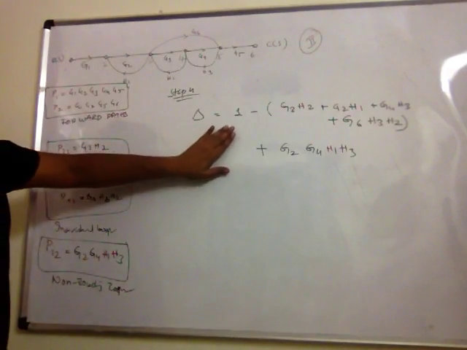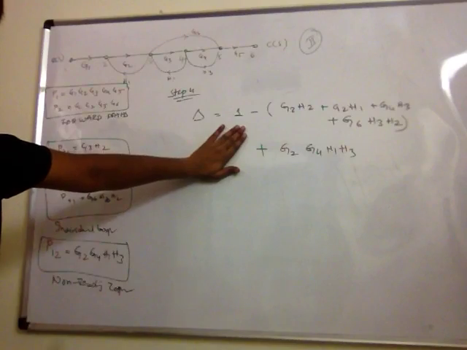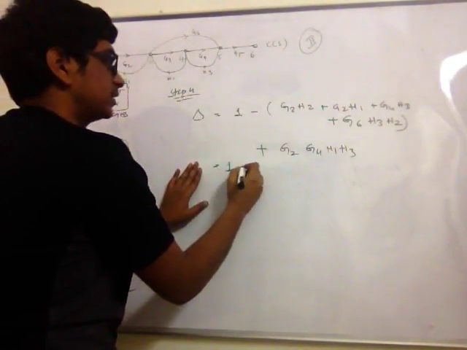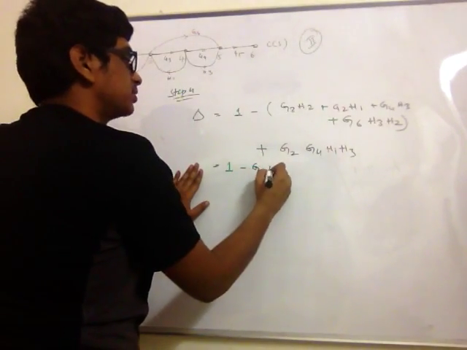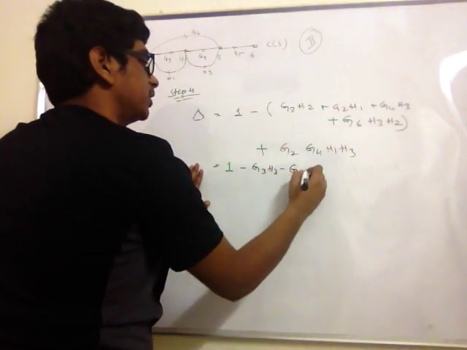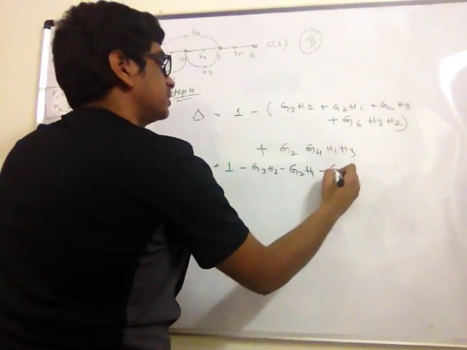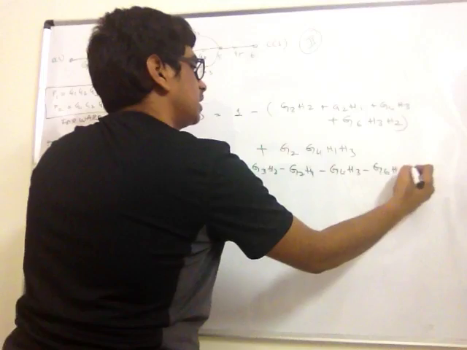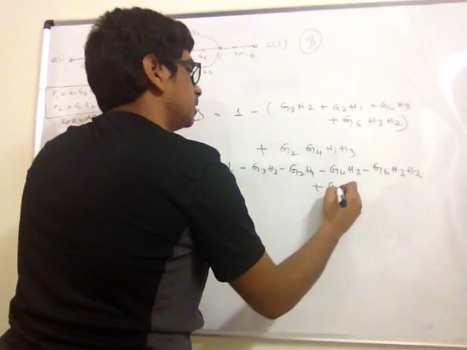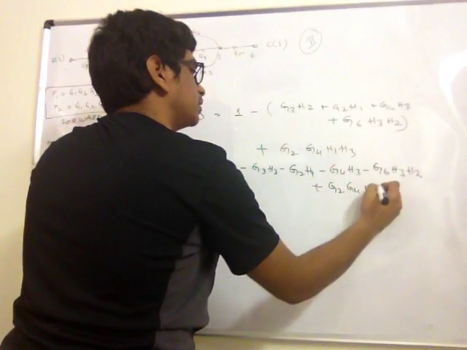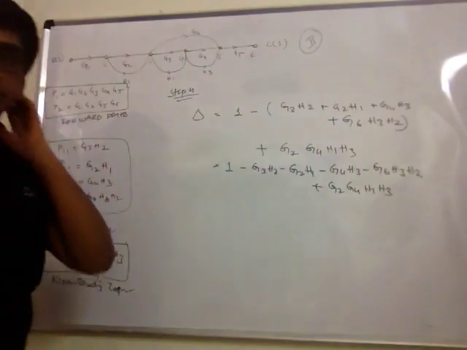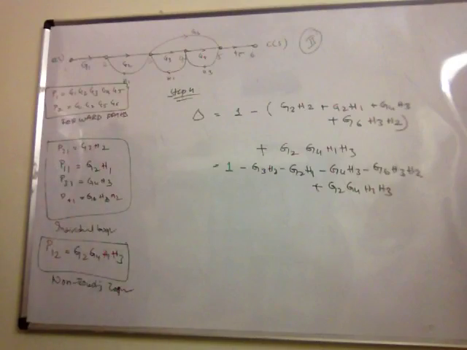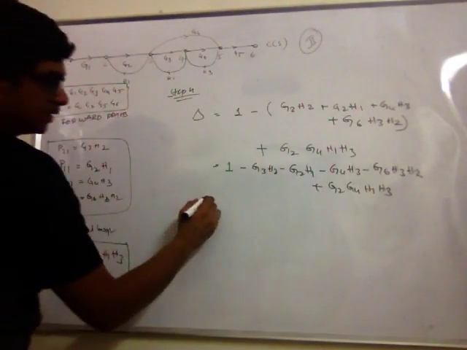So that is our delta value, and that's pretty simple. So I'm just going to simplify this and write that down as minus G3H2 minus G2H1 minus G4H3 minus G6H3H2 plus G2, G4, H1 and H3. So that is my delta value, and now we need to find out